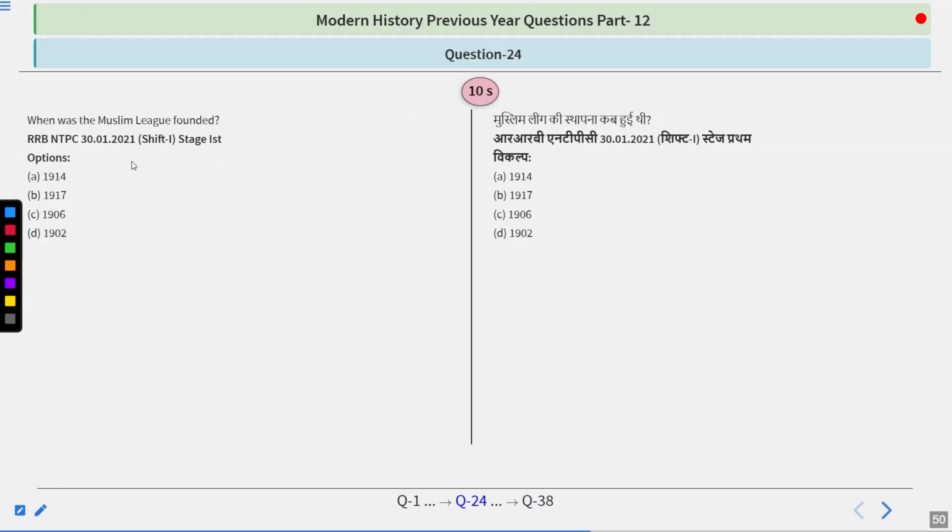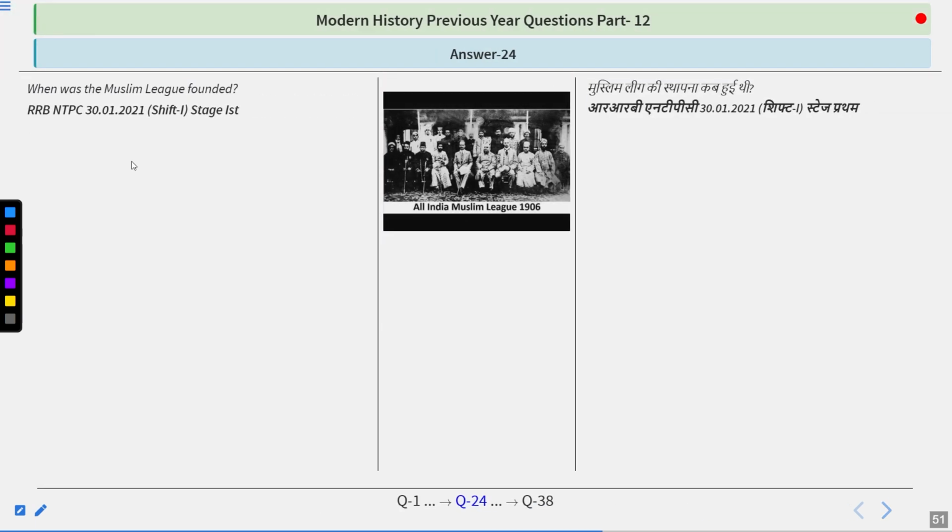When was the Muslim League founded? 1914, 1917, 1906, 1902? And I guess the answer you are looking for is quite right, because the answer we have already discussed is